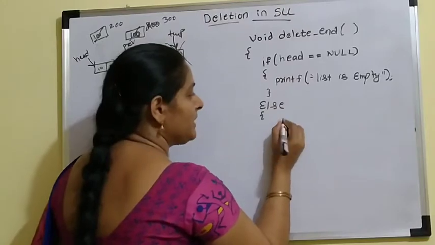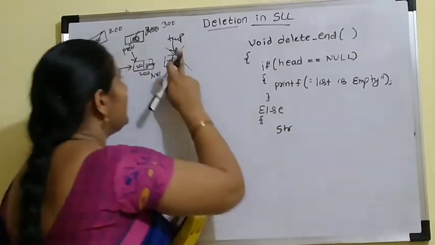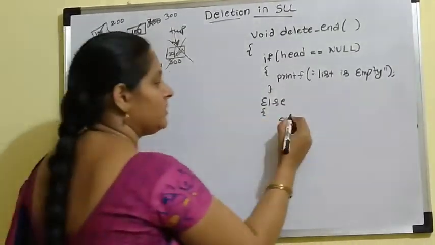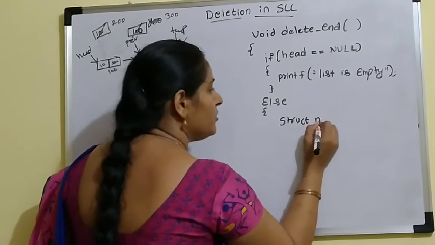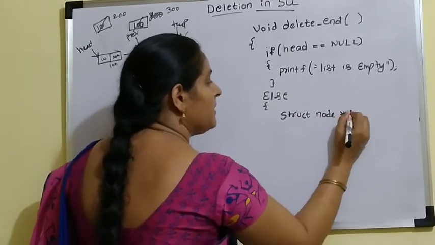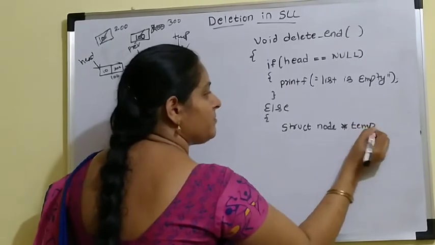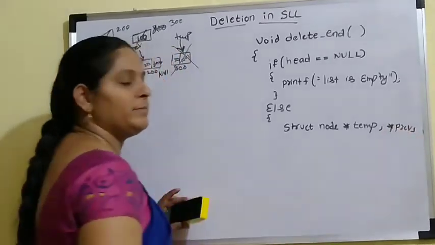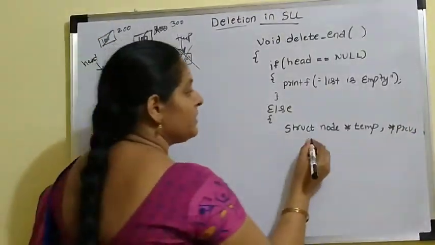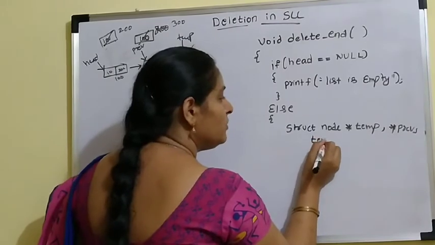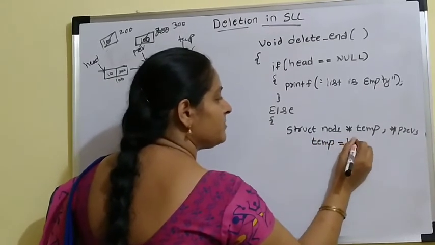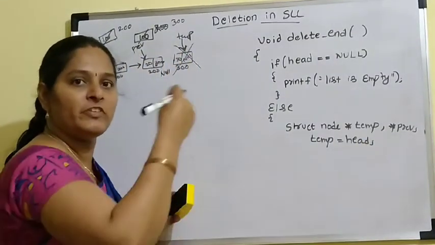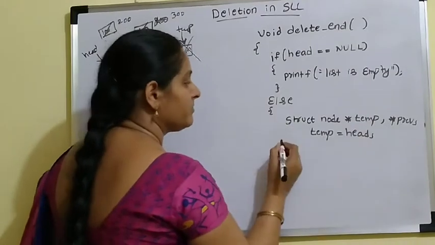Okay, from the beginning I will explain. First, how many pointers are we using here? Two pointers, so those two pointers we need to declare. So struct node star, one is a temporary pointer and the other one is for storing the previous node address. Here I am taking the node name as prev. Initially, for the temp node we need to assign the first node address, because the temporary comparison process we need to start from the first node. So temp equal to head.